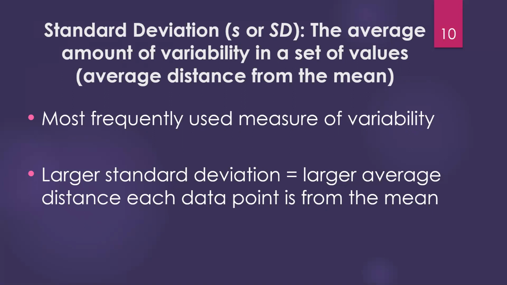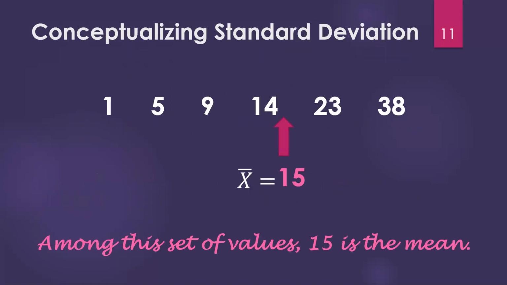So think about this as a bigger standard deviation equals more variability. A smaller standard deviation means less variability, that on average each value is closer together. To give a visual representation of this, to conceptualize what standard deviation measures before we go